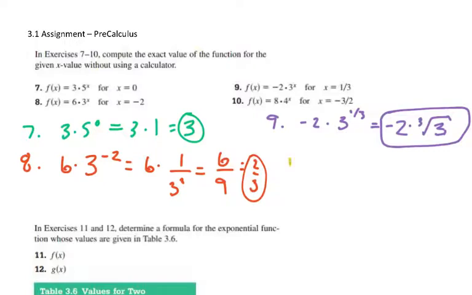And number 10 is 8 times 4 to the negative 3/2. So, lots of fun here. 8 times 4 to, I didn't give myself enough space there. The 2 is the power of the root. Oh man, even before I go there, I should probably put it in the denominator. So 4 to the positive 3/2. Alright, then we have 8 on top technically, over